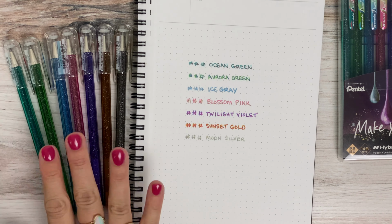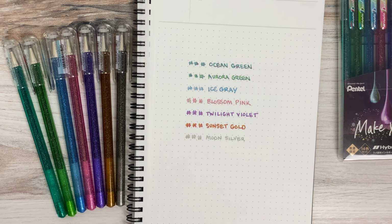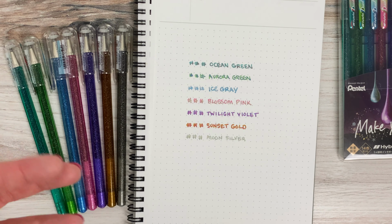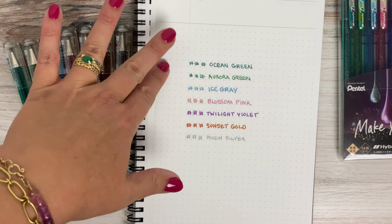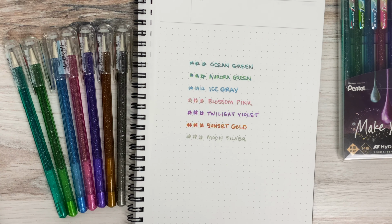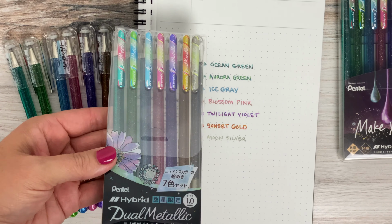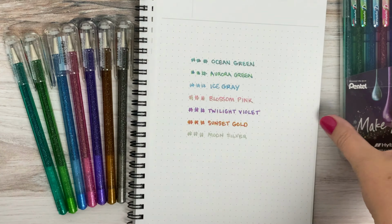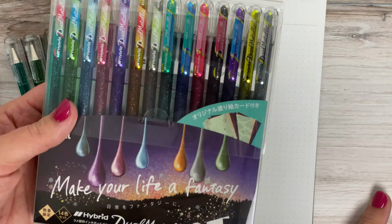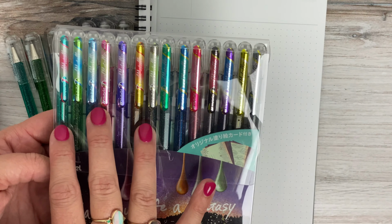So you can get these individually. That's a really nice thing about Japanese pens, is more often than not, the products will be available individually. So like, say you really just wanted Ocean Green, Ice Gray, and Blossom Pink, just get those. You don't need the whole set. But maybe you're someone who likes the whole set, in which case you can get this whole 7 color set like this. Or if you want, there are also the 14 color sets where they have the 7 new colors